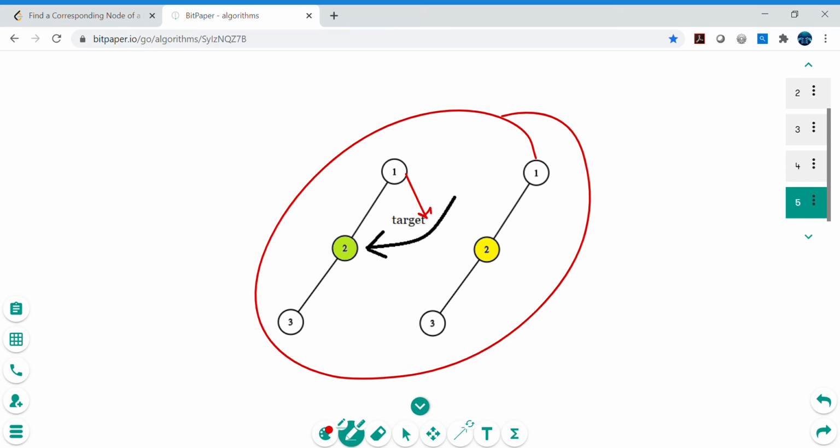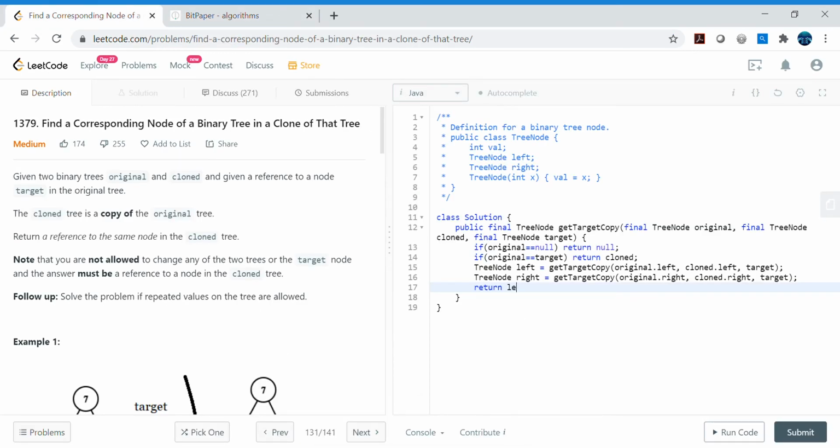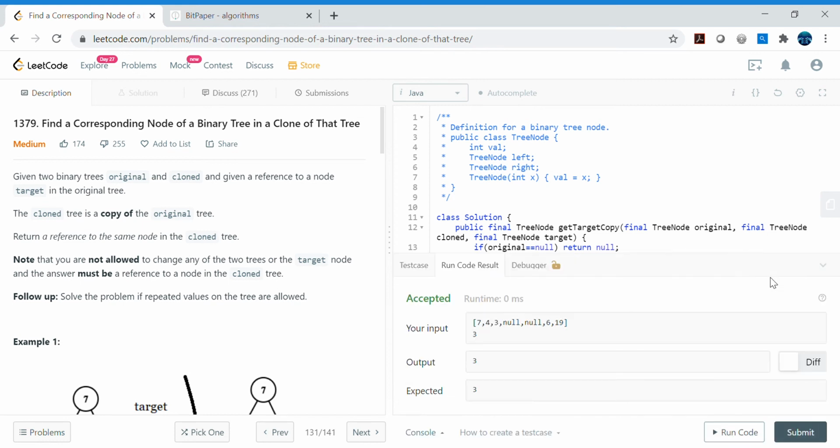It can return anything. So considering those cases, let's check if left is null, then let's go ahead and return right. Otherwise, let's go ahead and return left. So what does that mean? If left is null, it will be returning right. Otherwise, it will come here if left is not null, so it will be returning left only. So this is pretty straightforward recursive code here.